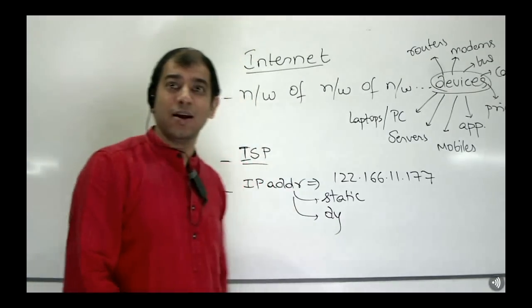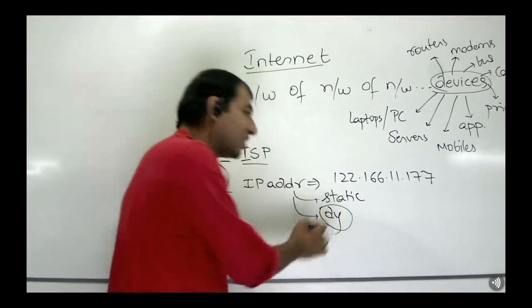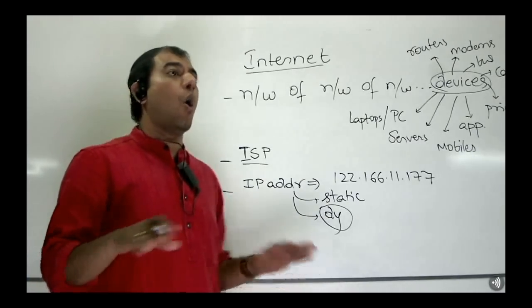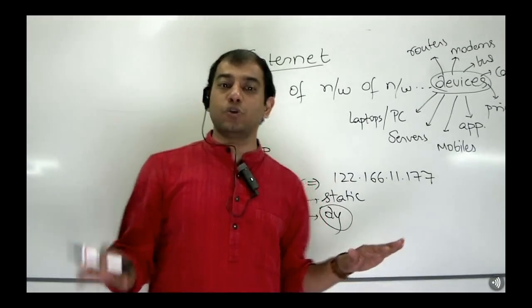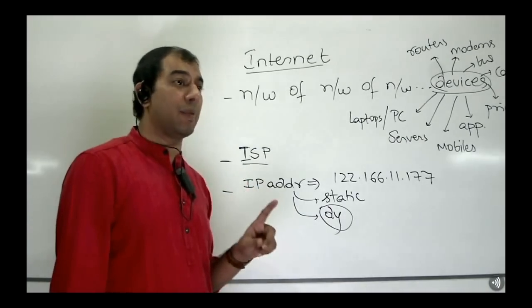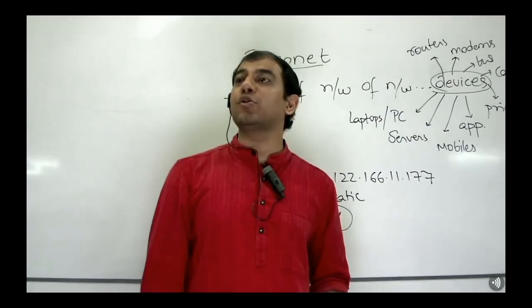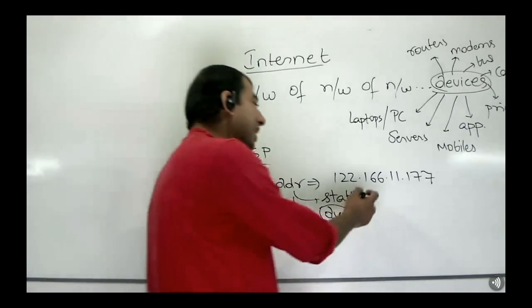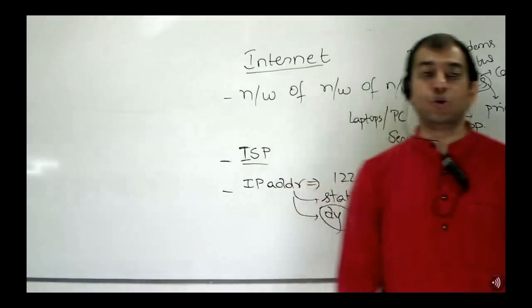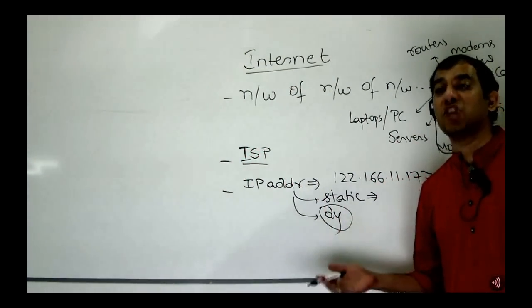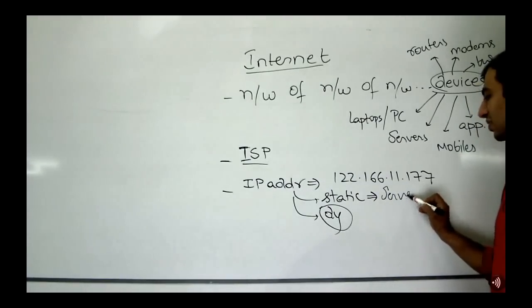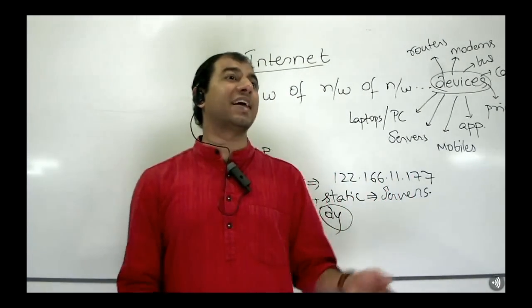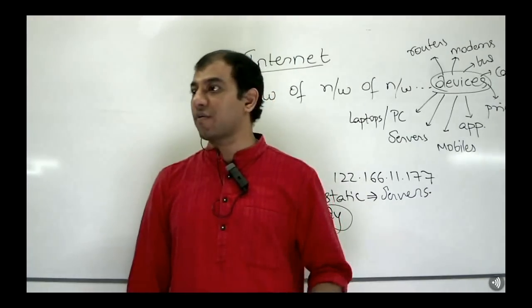Completely wrong. Almost all our devices, be it your mobiles, laptops, desktops, doesn't matter, all the types of broadband that you use, you are only going to be assigned a dynamic IP, not a static one. Because if you want a static IP, you have to pay extra money and buy it. And typically static IPs are given only to those machines whose identity should never change. Typically your servers, isn't it? I mean, you and I can actually live in hotels every day and shift our homes every day, isn't it?